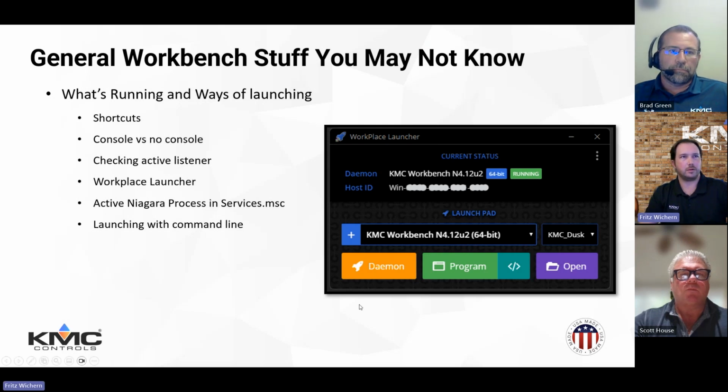One piece, if you don't know, we've got the Workplace Launcher, which is a great way to, if you have multiple flavors of Workbench that you're switching back and forth between. Workplace Launcher, similar to AX Switcher we used to use back in the day, just giving you the ability to see your different versions.